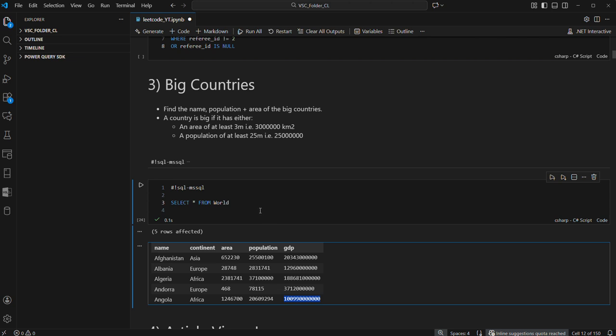Our goal here is simple. We want to return the name, the population, and the area columns for those countries that are big. What does big mean? Well, a country is considered big in this example if it meets either of these two conditions. It has an area of at least 3 million kilometers squared, or it has a population of at least